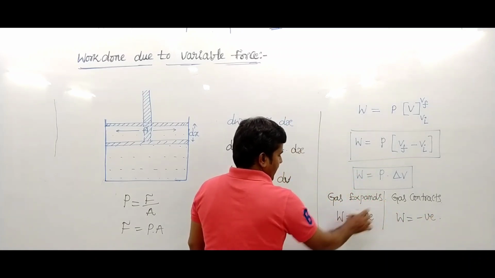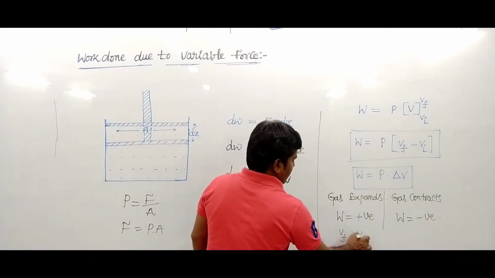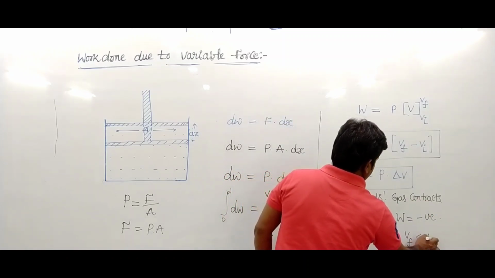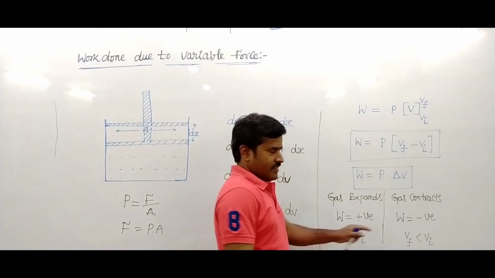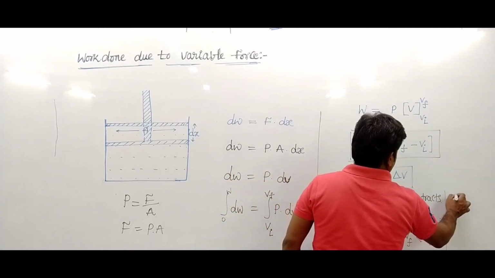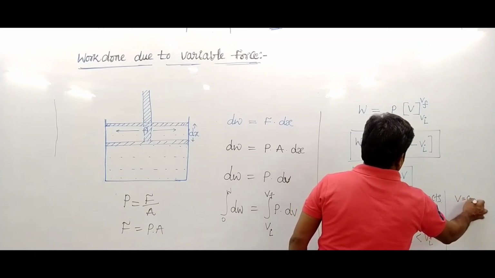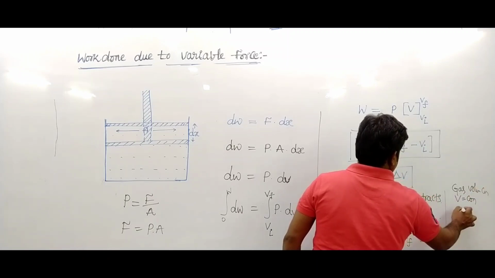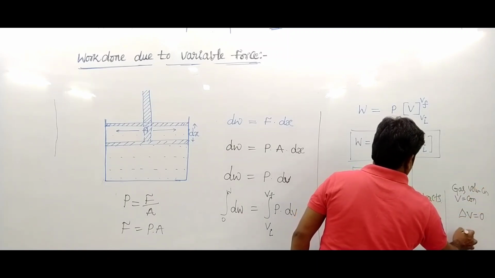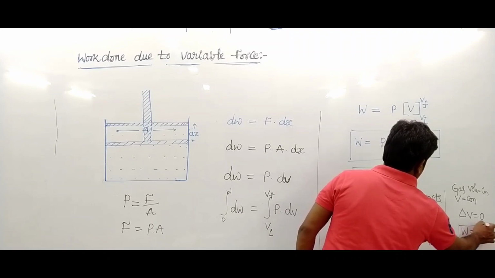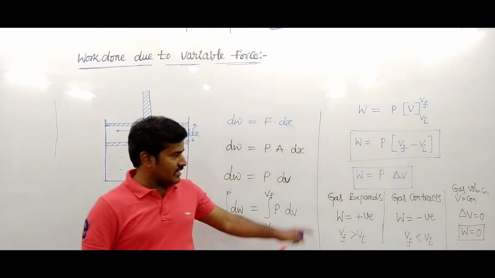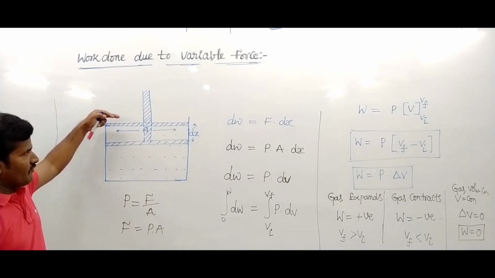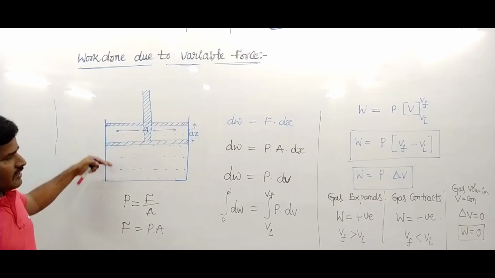So if the gas expands, the final volume is more than the initial. If the gas contracts, the final volume is less than the initial. If the gas volume is constant, that means the change in volume becomes 0, then work done becomes 0. This is when an external force is acting on the gas, then how much work is